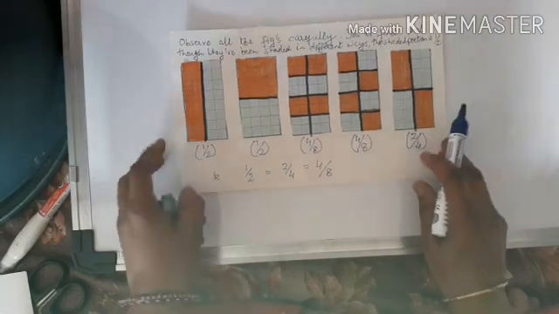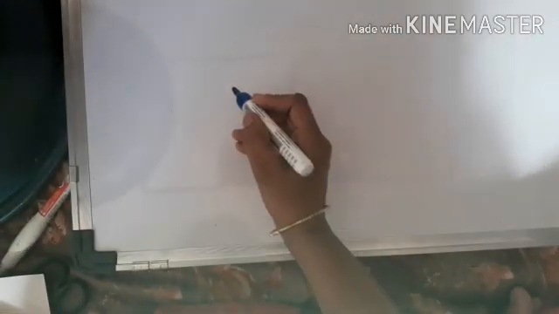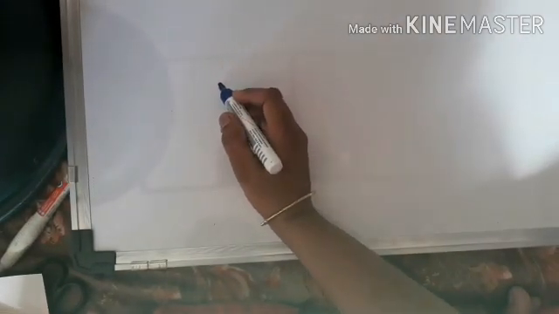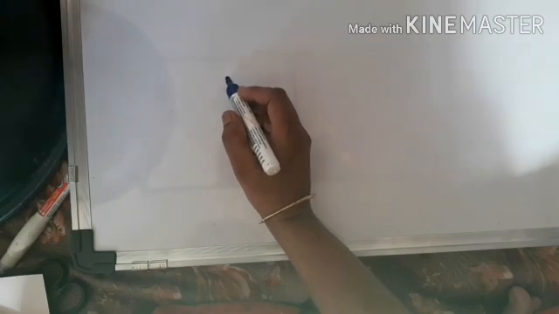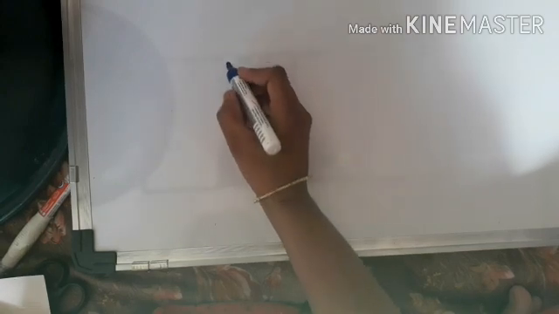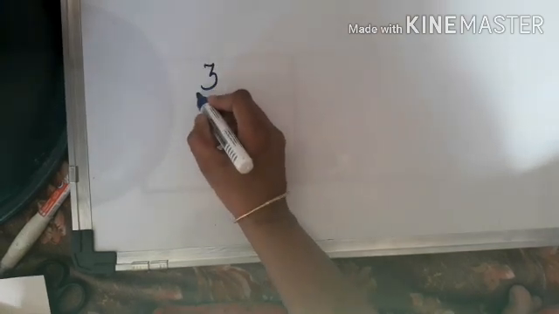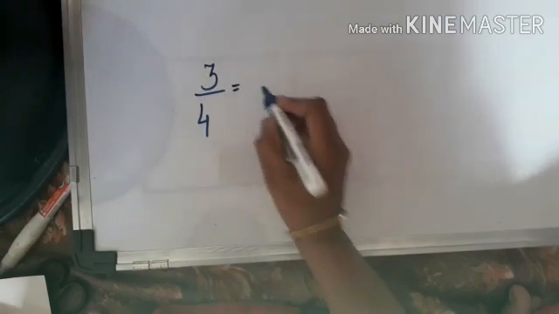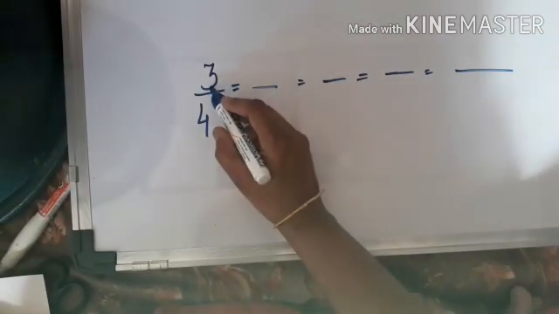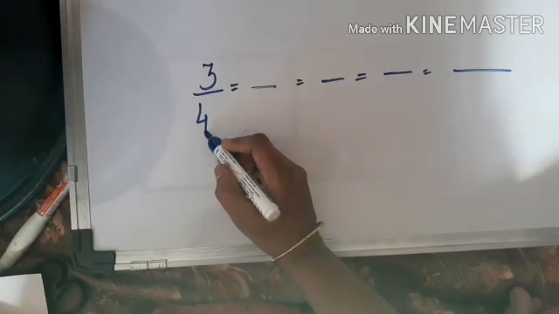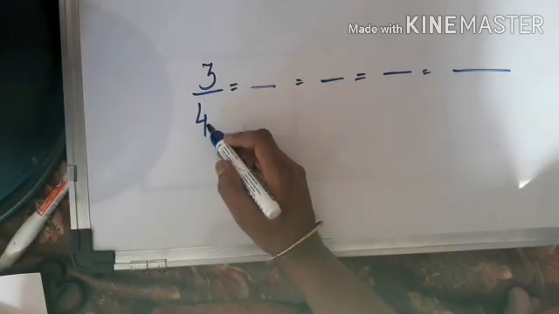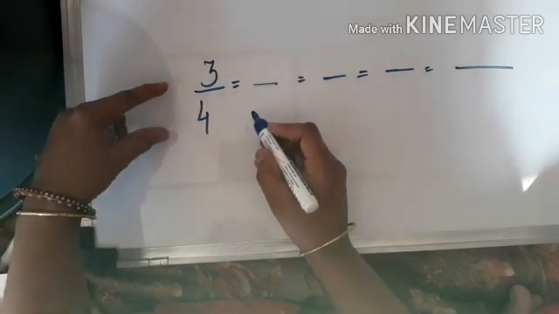Now if you want to find the equivalent fractions of a given fraction, as you know, there are infinitely many. How? Say you want equivalent fractions of 3/4, how can you do it? For the numerator, you can go on writing the table of 3, and for the denominator go on writing the table of 4. Remember that the numerator and denominator should be multiplied by the same number.